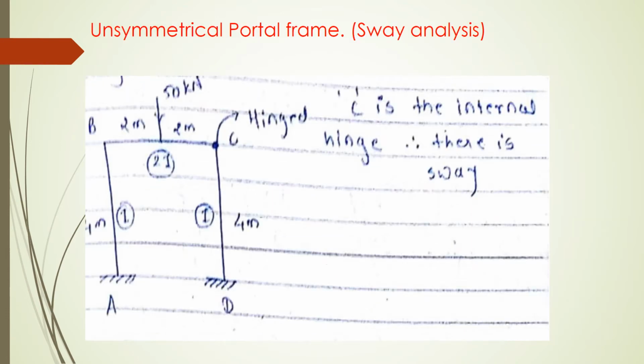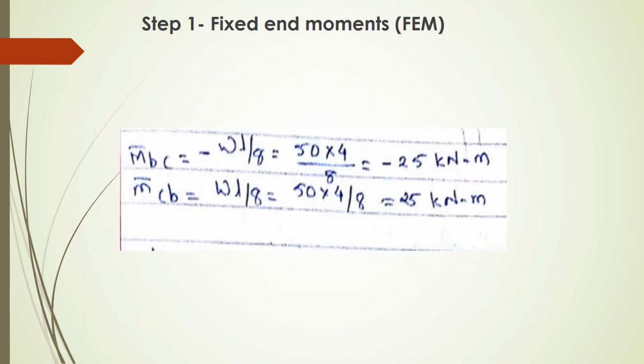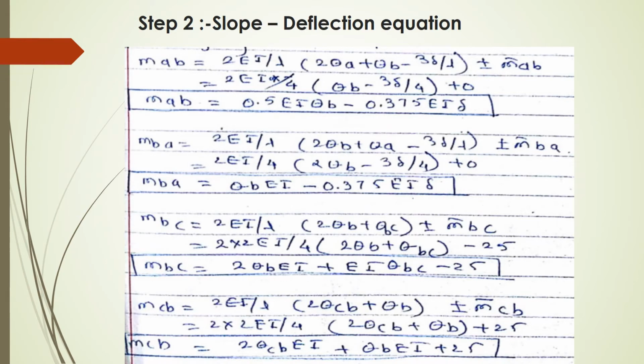Next, in the frame there will be no loading on any of the spans except span BC. So only for span BC we have found out the fixed end moment by using the formula minus plus WL by 12. In our equation, it will consist of theta B and theta C. Then from C to B, again I explained just now, we have to rewrite this as theta CB. So it will have the unknowns theta C and theta B.